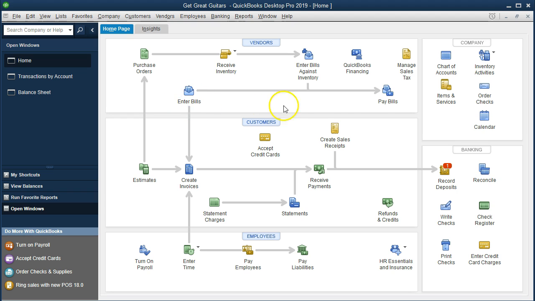Notice that these are all the normal transactions that happen. So anything that happens in a day-to-day process, if it's something that happens all the time, we enter bills all the time, we buy inventory all the time, we pay bills all the time, we invoice people all the time, we have customer receipts all the time, employees is very standard. If it's a very standard transaction, QuickBooks will have a standard form for it, and we'll try to customize that process as easily as possible so that we can train anybody to simply fill out the form and not really have to know how the form was constructed or what the form is doing in terms of creating the financial